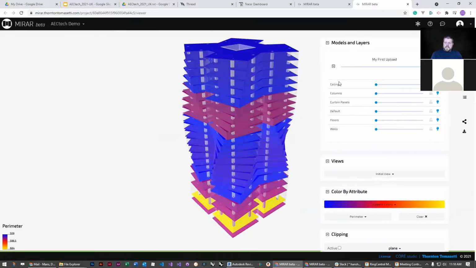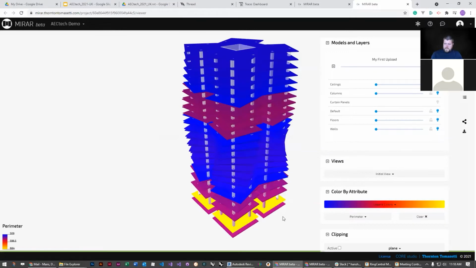Now, from a Revit export, this basically maps Revit's categories to each one of the layers. From Grasshopper, the Grasshopper Exporter, you have complete control of how you want to group these layers together. So again, in that master planning scenario, it might be things like by program, by road, by owner, whatever it happens to be in the setup. But we can go in now and we can either control the opacity of individual objects or just completely turn them off. So I'm going to go ahead and turn off by clicking the little light bulb my curtain wall